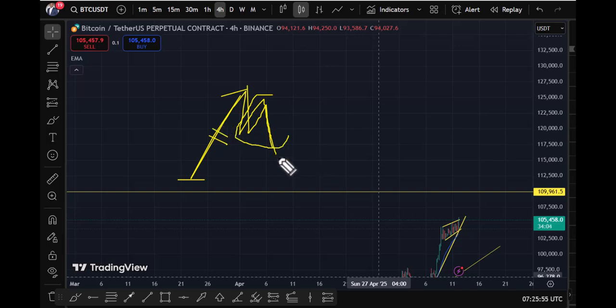Then whenever this completes, there will be a corresponding impulse. So we have an impulse, we have a correction, we have an impulse. Everything I'm going to tell you now is based on this concept, which explains the dynamics of the market, the fractional nature of the market, and what have you. If you understand this concept, it will remove the guesswork from your mind and will help you to see the market clearly, establishing a concept that, once you see it, you will not be able to unsee it again.